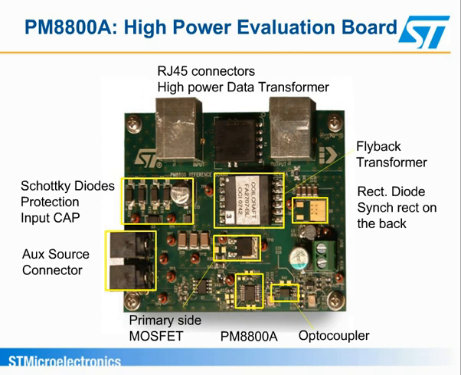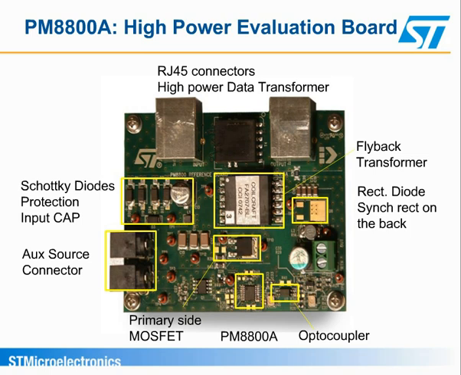Here is the 20-watt output-capable board mounted with a larger transformer because of the higher power. The input filter, instead of using a diode bridge, uses a Schottky diode with no rectification diode at the secondary side, because synchronous rectification is implemented and the synchronous MOSFET is mounted on the back. The topology implemented here is self-driven synchronous rectification, meaning that no additional gate transformer is needed to drive the MOSFET